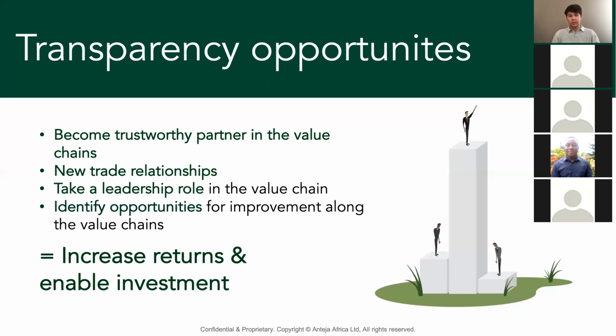And when you do the exercise of documenting and exploring your supply chain, you find opportunities for improvement. And when you find opportunities for improvement, your business can improve. If you don't know the areas that you can improve, nothing will change in the future and your business will not progress. So overall, what we have observed with the companies that we work with in Kenya, Uganda, Rwanda, and